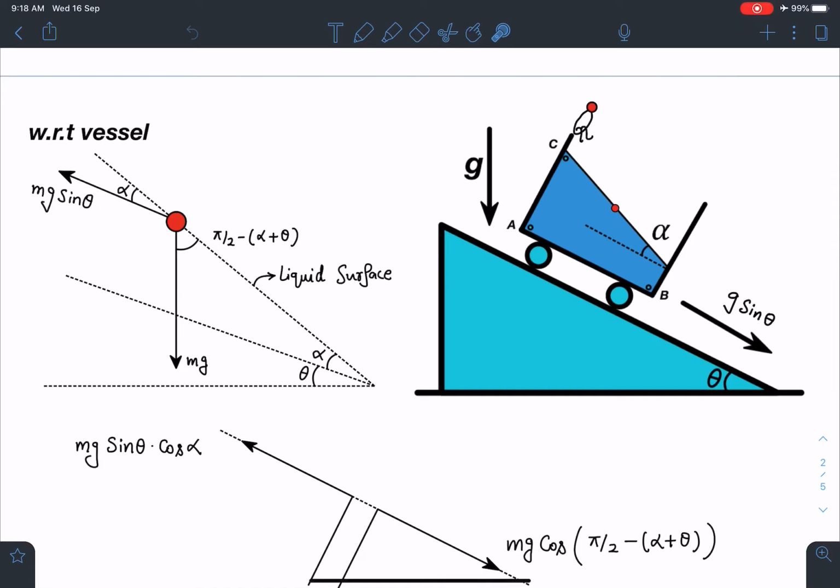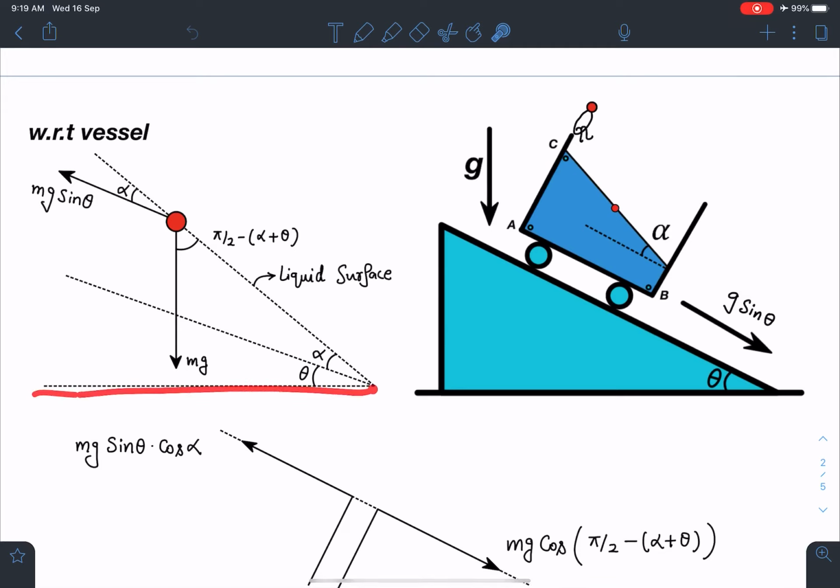Alright, so here I'm assuming that the liquid surface is making an angle of some alpha with respect to the inclined plane. This line is parallel to the incline, and alpha is the angle made by the liquid surface. So if I choose any liquid molecule here, I'll draw the free body diagram of it. When we release this vessel on the inclined plane, the vessel starts moving down the incline with acceleration of g sine theta. And if it is moving with g sine theta, and I'm drawing the free body diagram of this liquid particle, which is shown in the red color, with respect to this observer, we need to apply pseudo force. So let's draw the free body diagram.